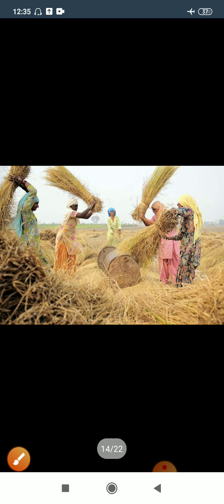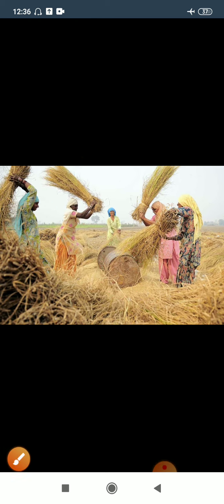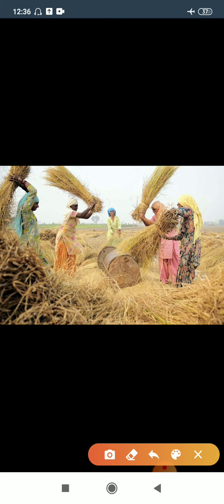Now this picture is showing the process of threshing. This is called stalks or dry husk. This is called a solid platform. Here they used some tanks, but in science we call it a solid platform. Now why are they doing this type of activity? This process used to separate grains from dry husk and stalks is called threshing.